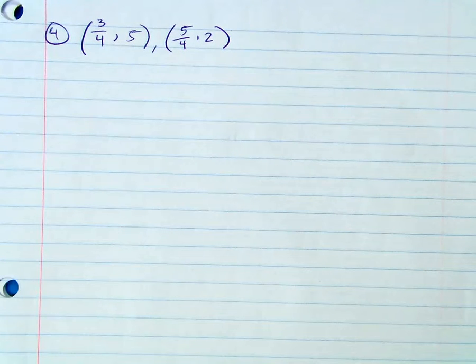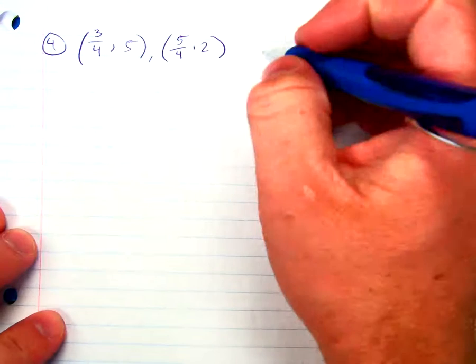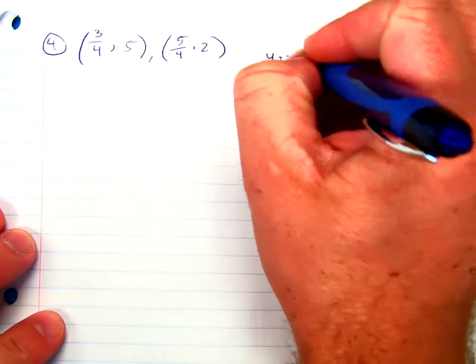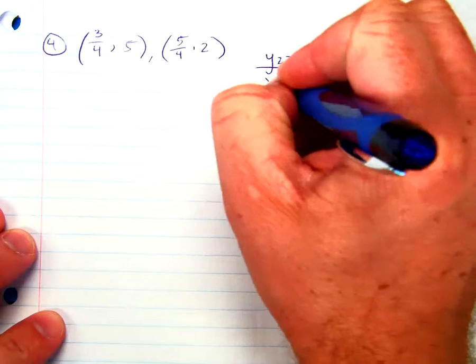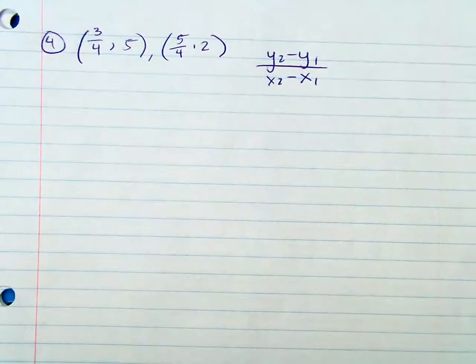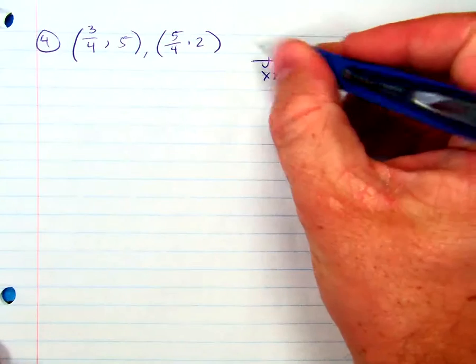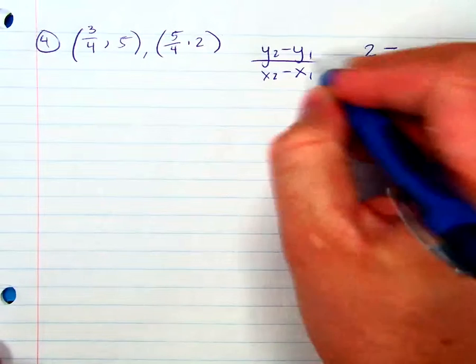have a common denominator. The problem with all this, though, is that if you're using the slope formula, which you should be using for this one, so y2 minus y1 over x2 minus x1, when you plug this in and work it out, you end up with a fraction inside of a fraction, and some people get confused about what that means. Well, y2 was 2, minus y1 was 5,